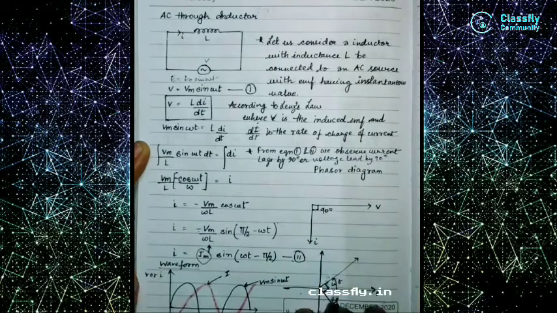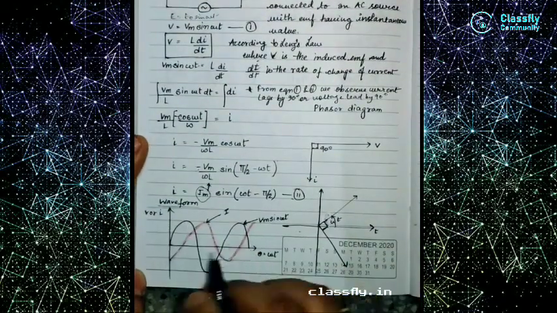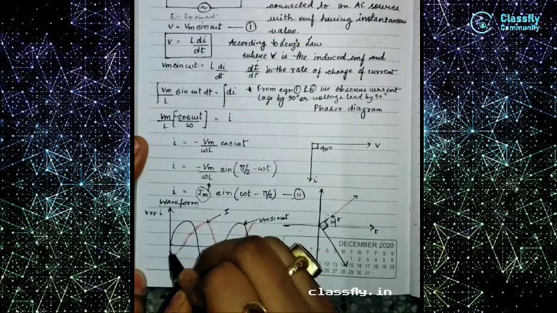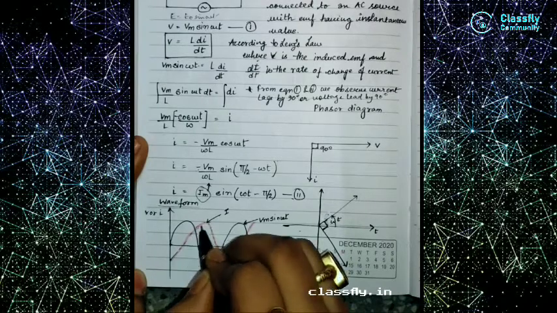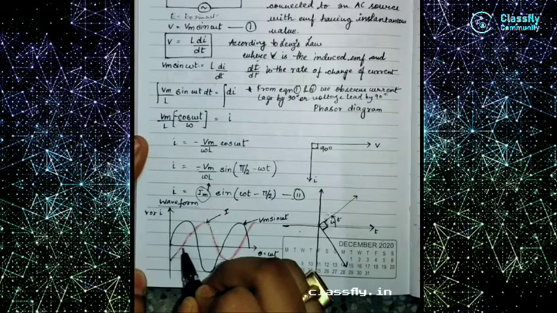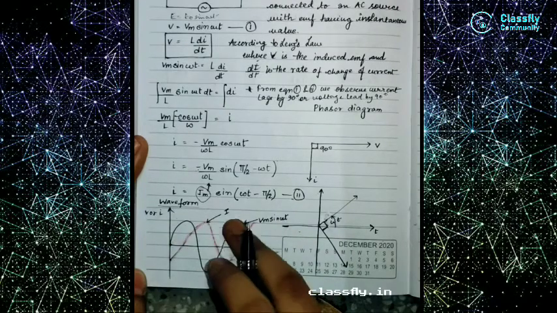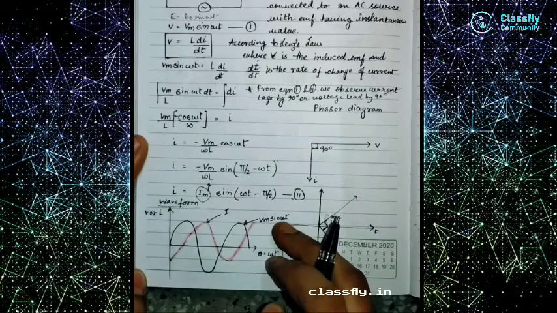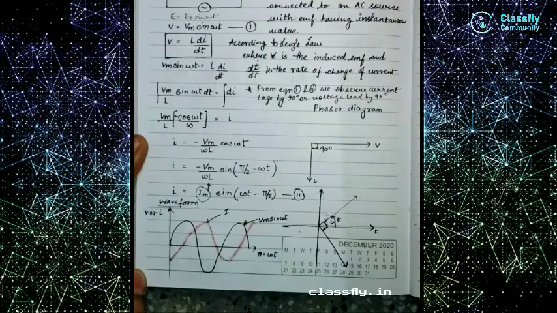So your waveform will be, this is our sinusoidal wave for the voltage. As the current will lag by 90 degrees, it will start from below. So this is our current, which shows that when it is 0, it is at pi by 2. This sinusoidal wave with the black color is your Vm sin omega t or your voltage waveform, and this red one is your current waveform.